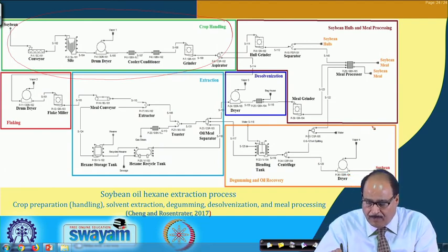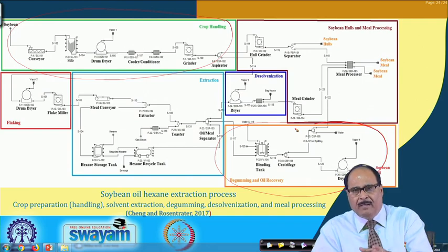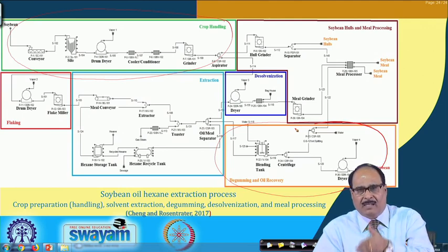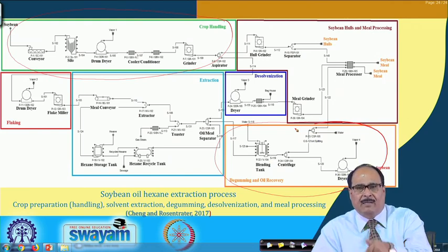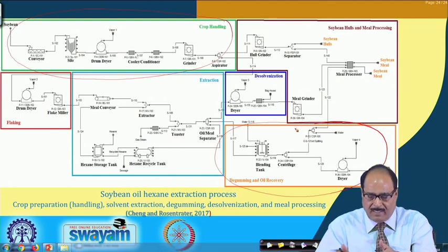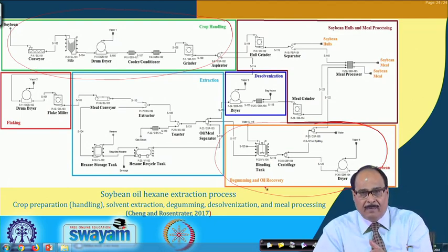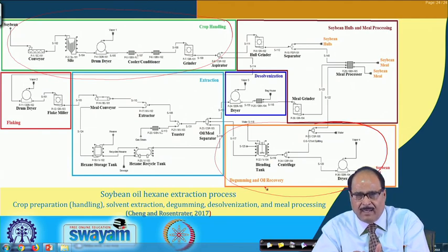In fact, in most solvent extraction plants, they have degumming, because, depending upon the process, along with the oils, certain phospholipids, gums, etc. also get extracted. So, they are separated right at the extraction plant itself using water degumming. Most extraction plants are equipped with this facility for removal of gums from the oil through the water degumming process. After that, from here the oil is passed